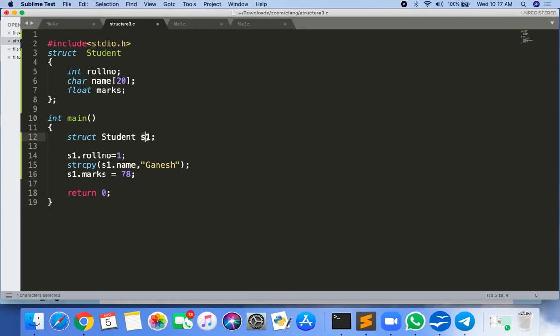When you call the main function, the memory for S1 gets allocated at stack memory, and you are storing the data of S1 there. Similarly, you can print that data also. The same program we did in the last session. But what is another technique to create the structure?